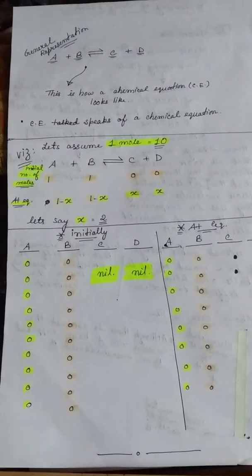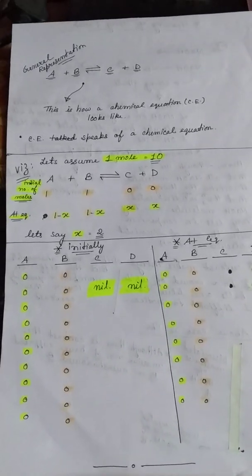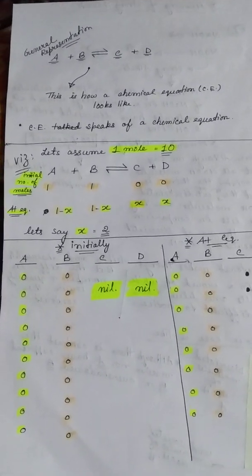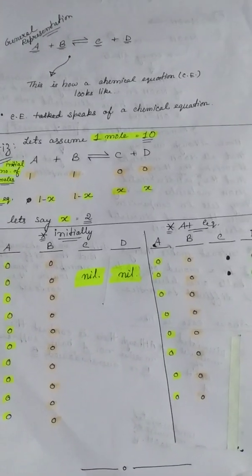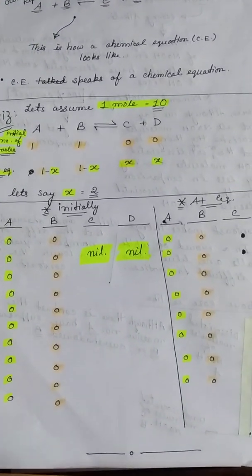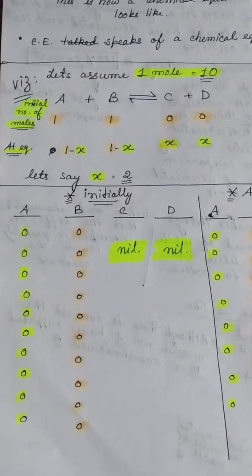So this was all about the chemical equation and the real or actual meaning of it, which many people overlook or fail to understand while dealing with chemical equations. The thing is that we are all familiar with writing chemical equations, but we fail to understand their significance. So this was my attempt to make you understand what actually takes place in a system, what the environment is inside a system.